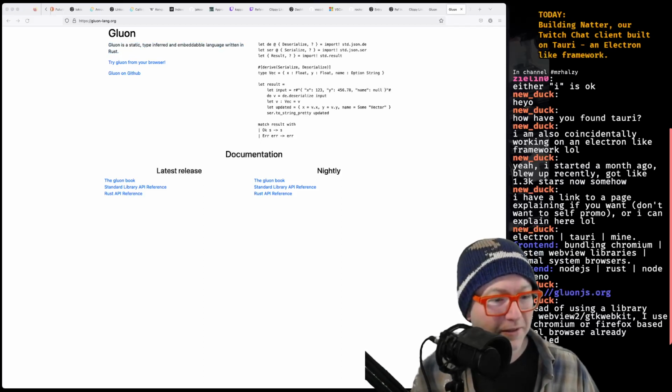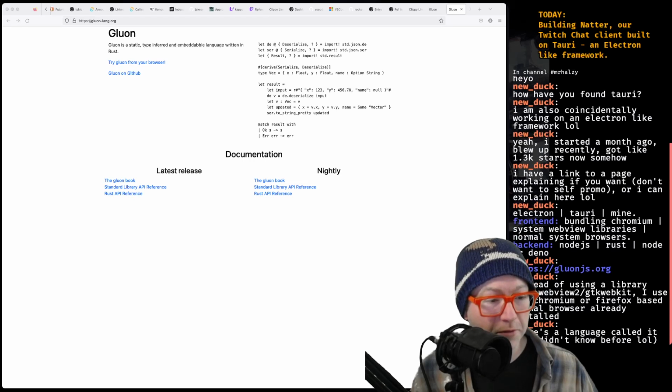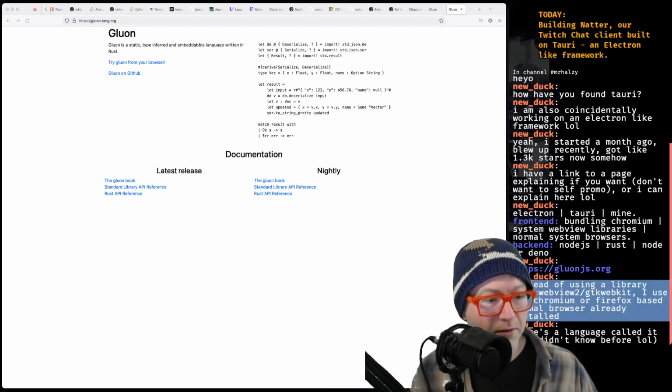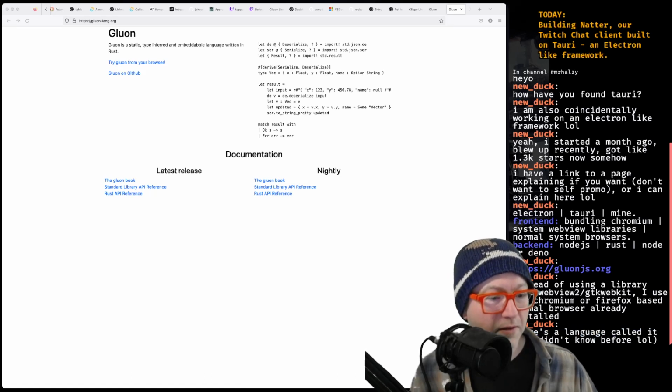That's why. Okay. Instead of using a library like WebView2 or GTK WebKit, you use any Chromium or Firefox-based normal browser already installed. I see. Oh, cool.